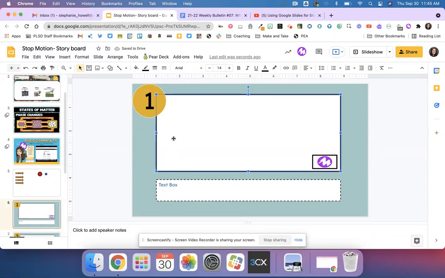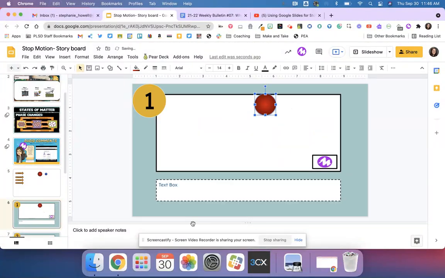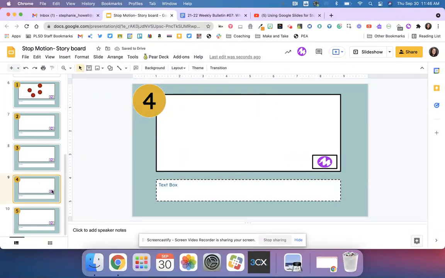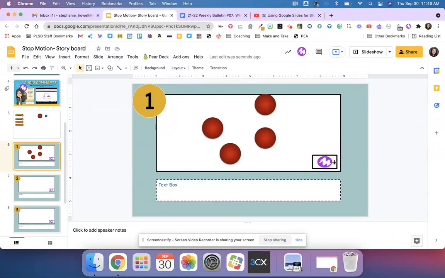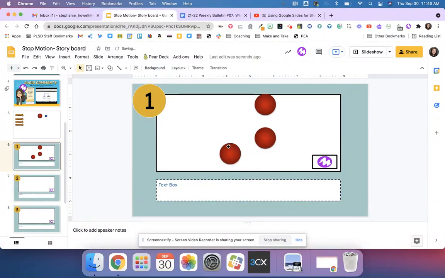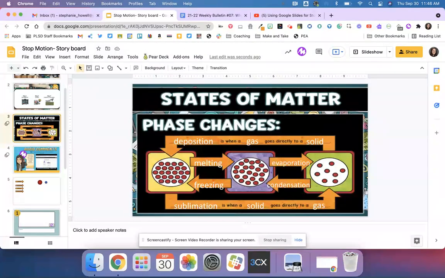On these slides, you are then going to draw an image. If I am talking about gas, I might add these images and then I would move the balls all over the place. And then I can talk about it transforming into maybe a liquid on slide 2. So you're going to decide how you want to transfer this out. You're also going to add your Mote. You're going to type in this text box just a quick jot of notes to help you remember. On box 2, you're going to do the exact same thing. Same thing with 3. And you're going to explain all of these different processes based on what your topic